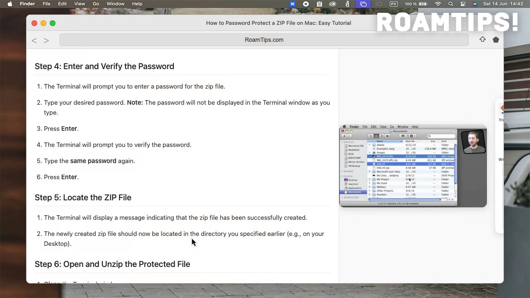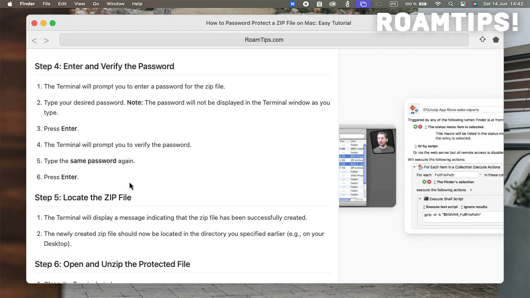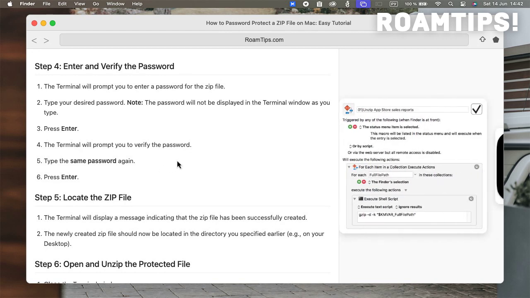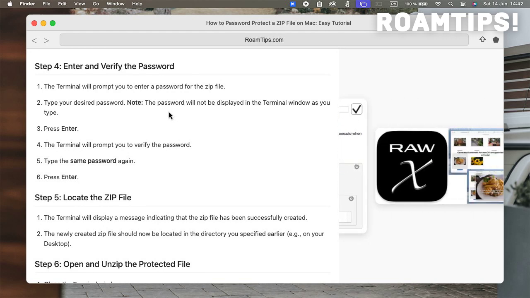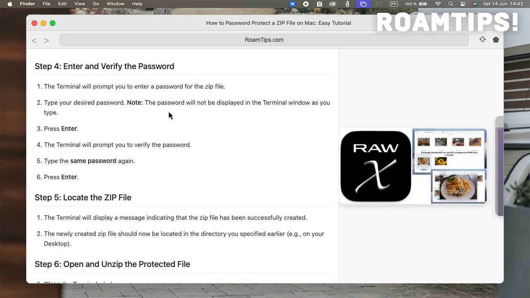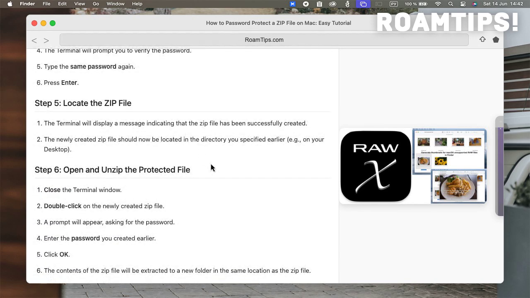We can now close out of the terminal and Finder if you wish. You should see the zip file has been successfully created. To open the zip file, double-click it. You'll be prompted for a password. Enter the password you just created and select OK. After a couple of seconds, it will successfully unpack the contents of the zip file. You can open it up and see the contents are inside, and you can start using them as you normally